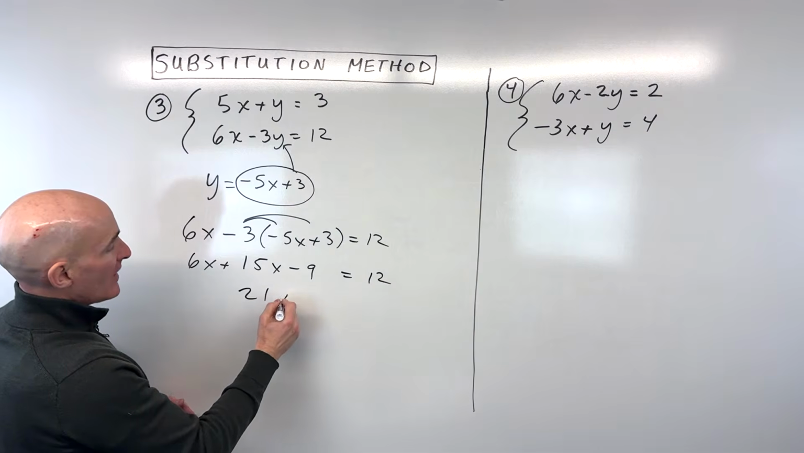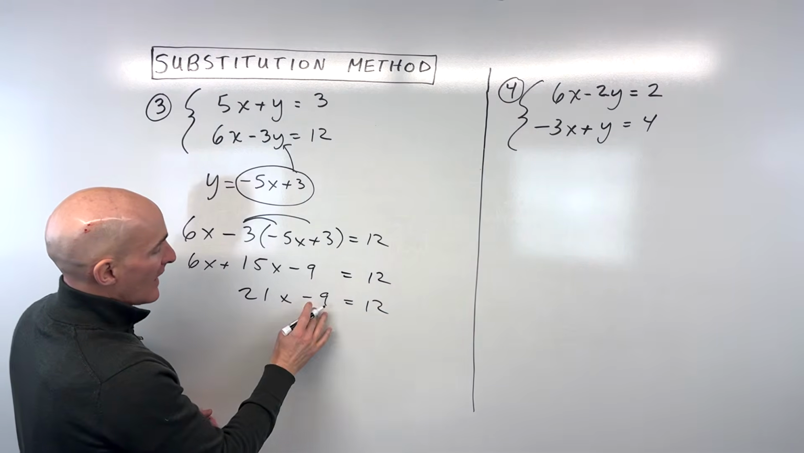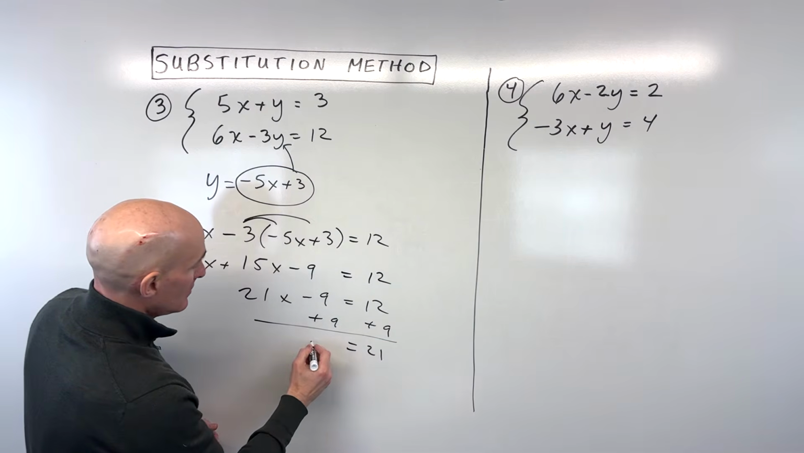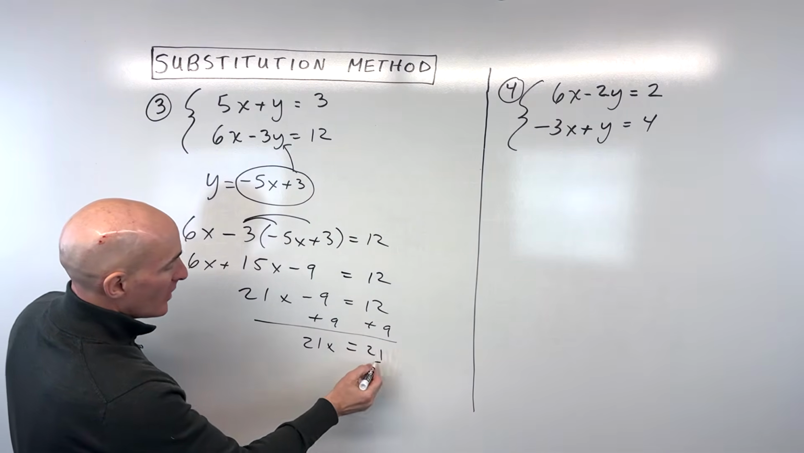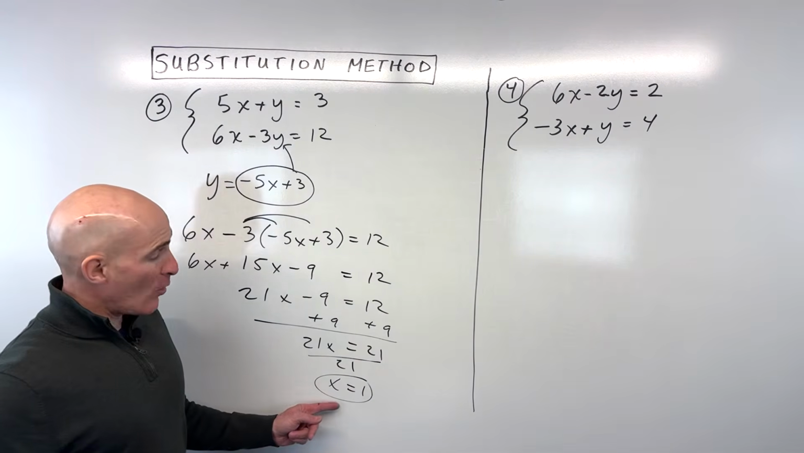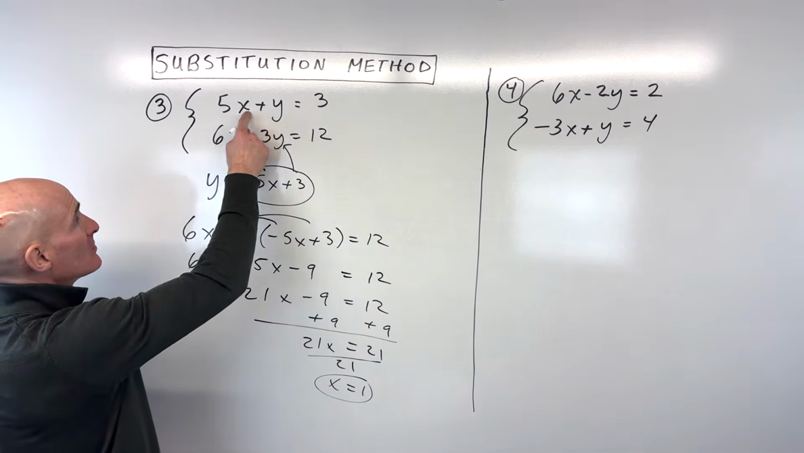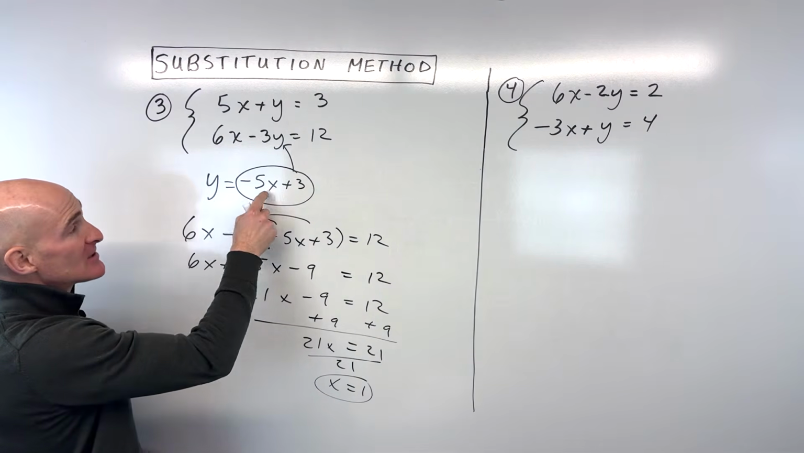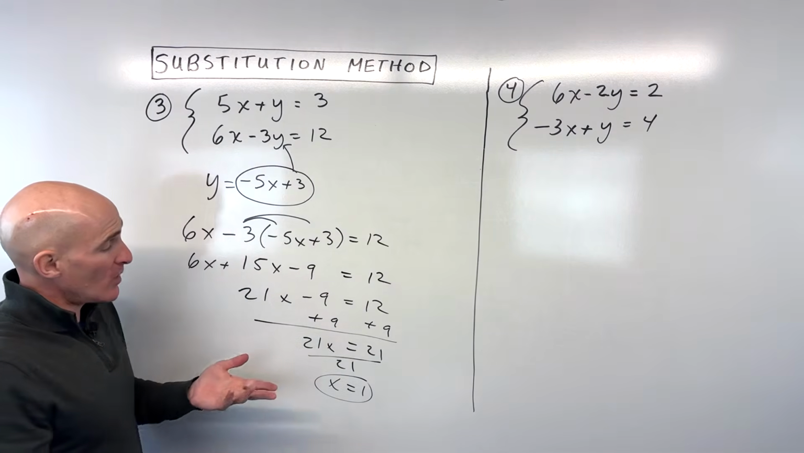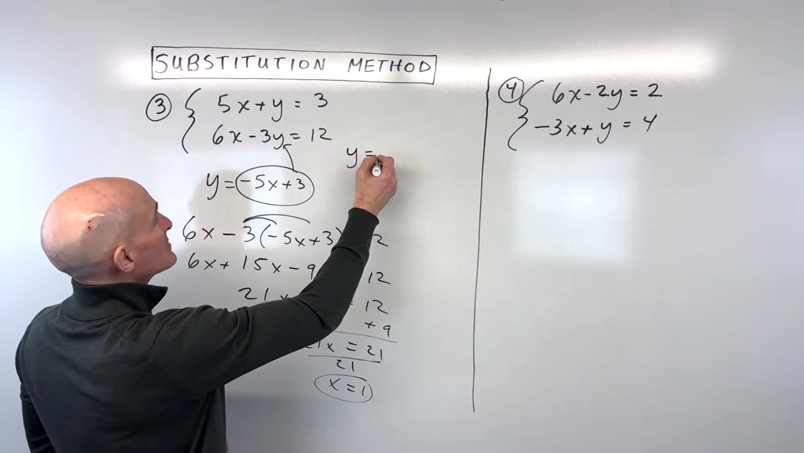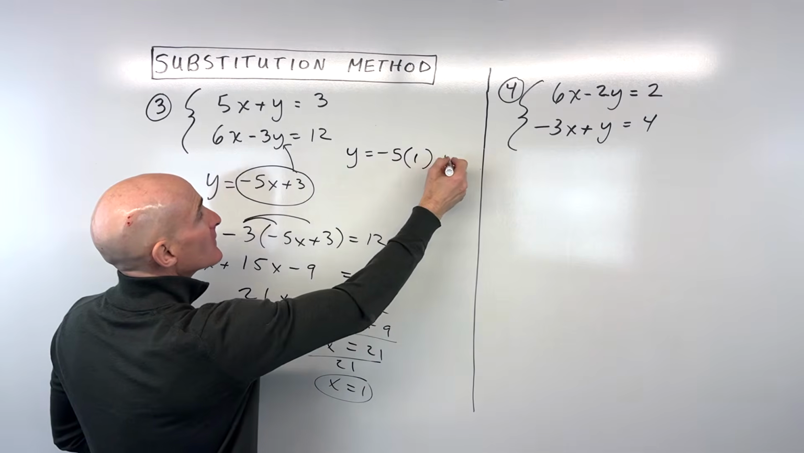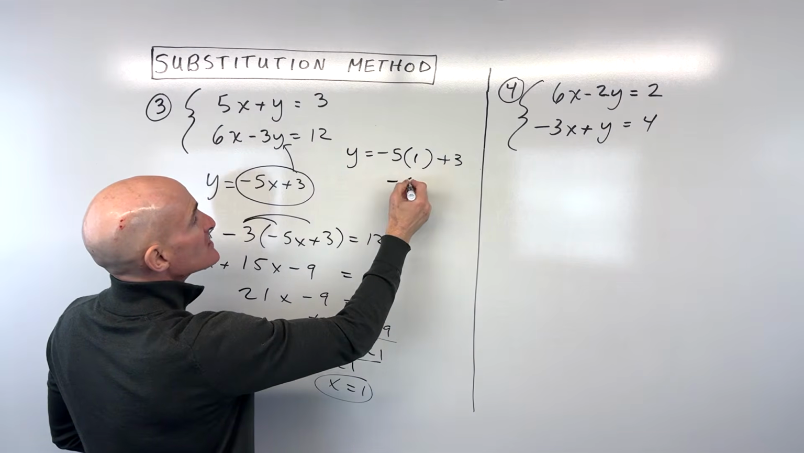This is going to be 21x. We're going to add 9 to both sides. Get the variables on one side, numbers on the other. Divide by 21, and you can see that x is coming out to 1. Now we want to take that 1, and we can put it back in for x here, here, or here. This is going to be our best bet because we already have y by itself. You get the same answer if you put it into one of the other equations, so you don't have to worry about making a mistake there, but it's just going to be a little bit easier since we already have y by itself. So we've got -5 times 1, which is -5,